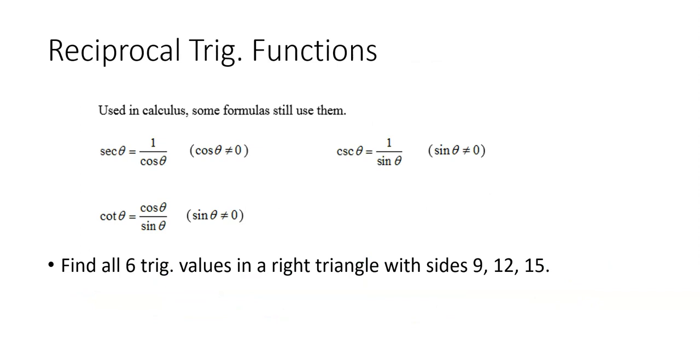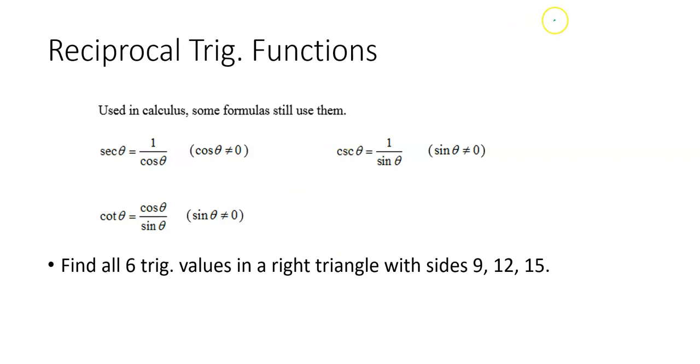All right, reciprocal trig functions. Reciprocal trig functions are used in calculus. There are a lot of formulas that still use reciprocal trig functions. Reciprocal means flip it over, right? So the reciprocal of cosine is called secant. And we'll get into this a little bit further. The reciprocal of sine is called cosecant, and the reciprocal of tangent is called cotan. So if you've got a right triangle with sides of 9, 12, and 15,